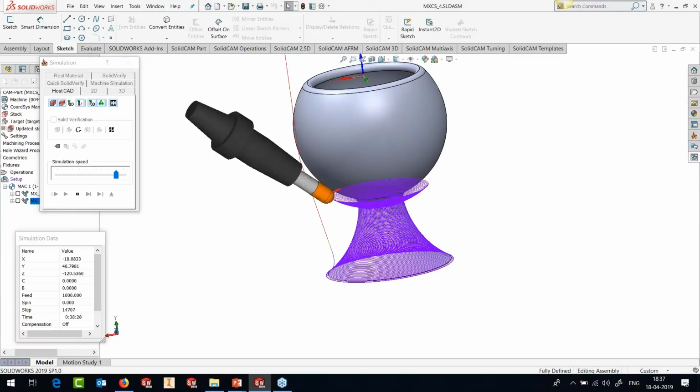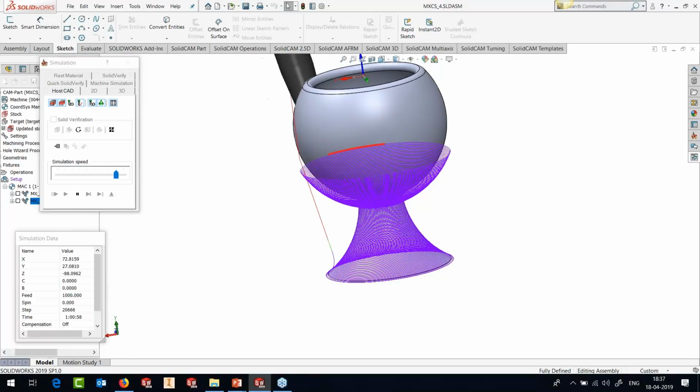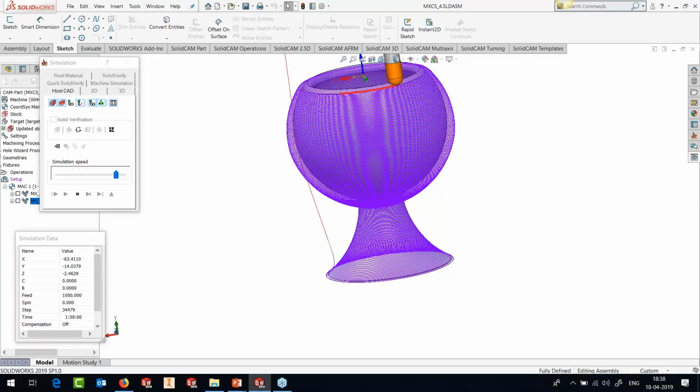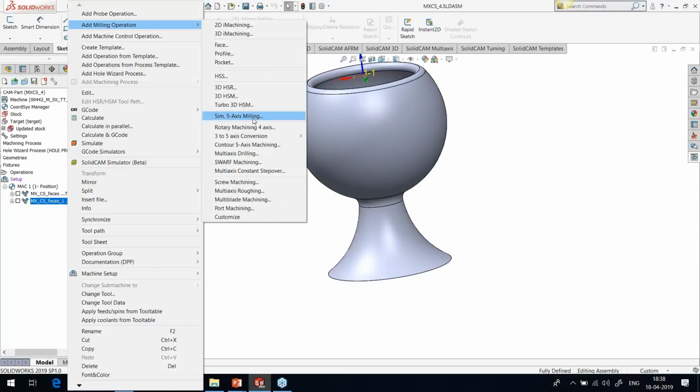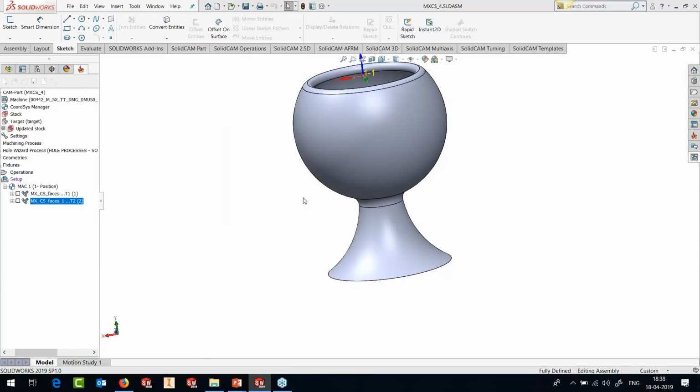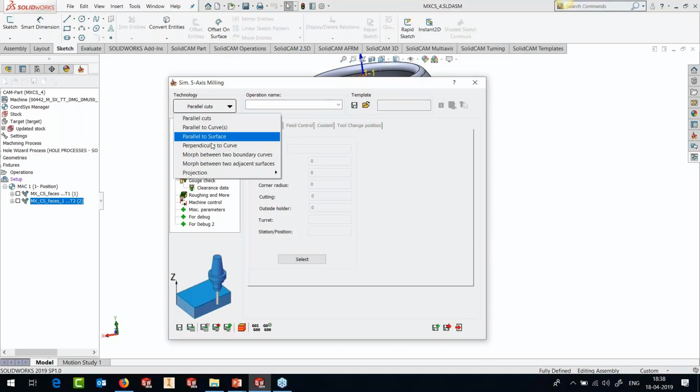Like I said, you can use this wherever you have used parallel to curve or morph between two curves. Now, I told you in the beginning that this was already there in the toolpath engine that we have. So where was it hidden then? This was hidden here. I don't know how many of us have already used this, but I use that option quite consistently. If I add a generic 5-axis toolpath, if I go to morph between two curves,